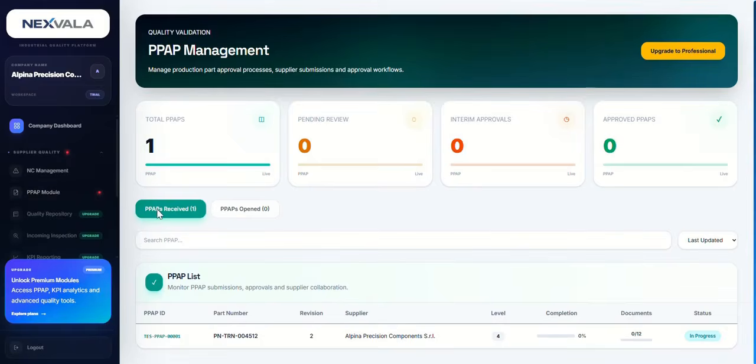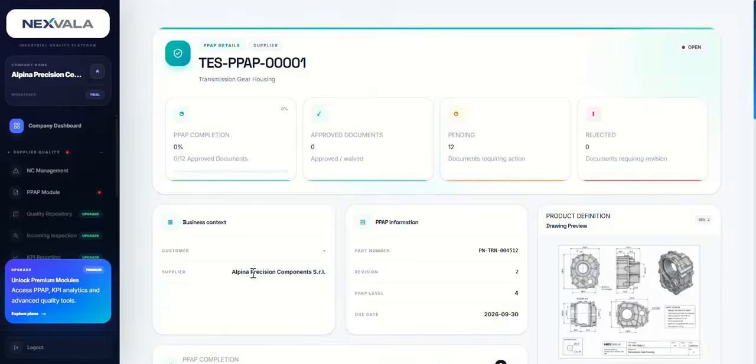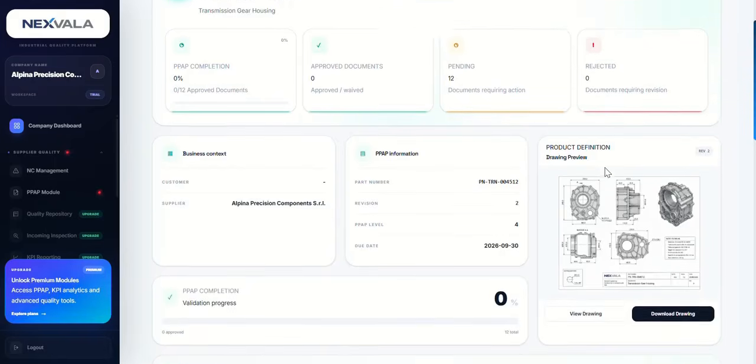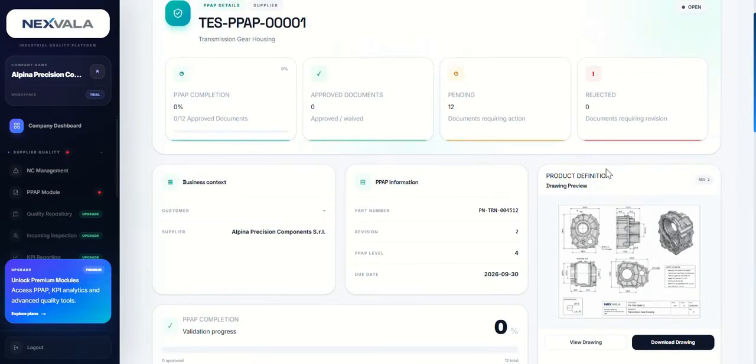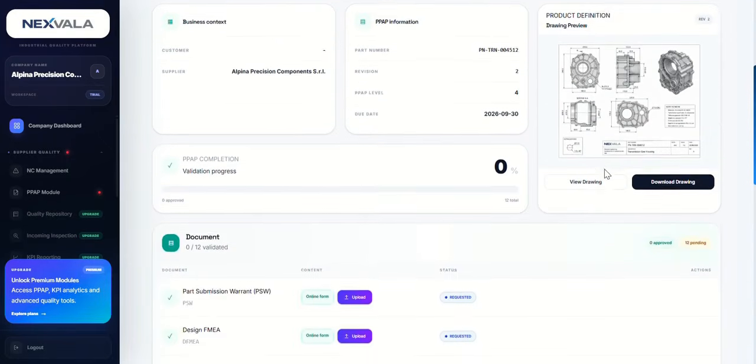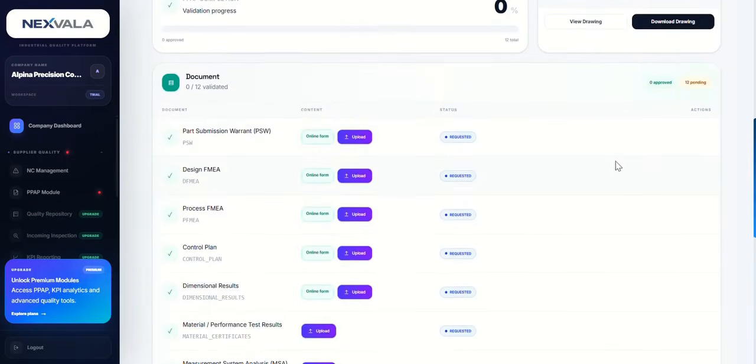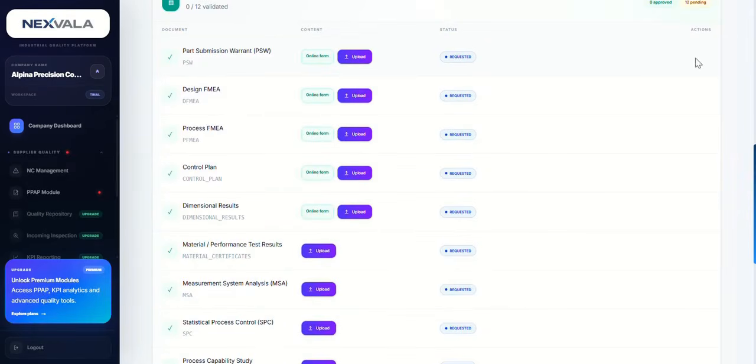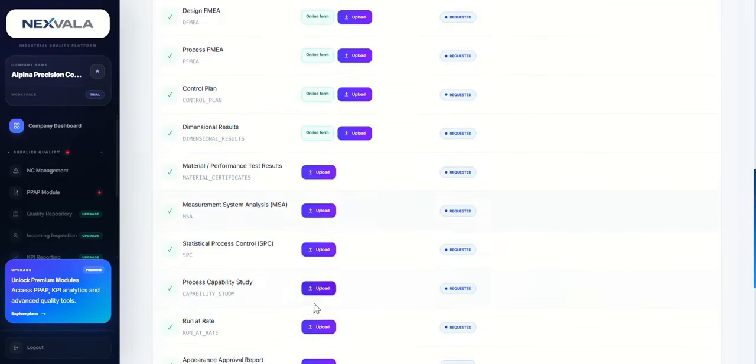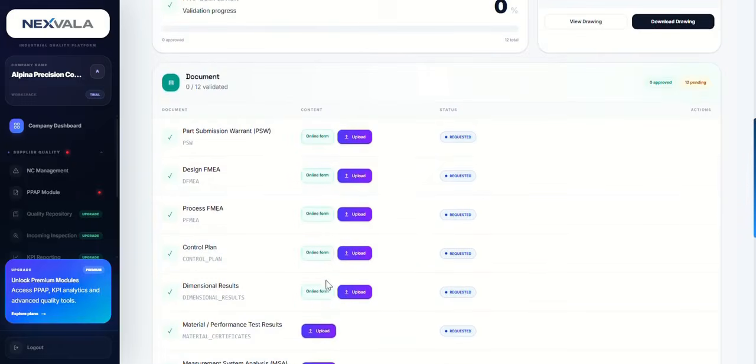I see this new PPAP request that is in progress. Documents uploaded 0 out of 12, completion 0%, and I'm going to open it. When I open it, I have the same view that I had, the customer act, only that instead of having a waiver, I have this situation, which is that there are some documents that are